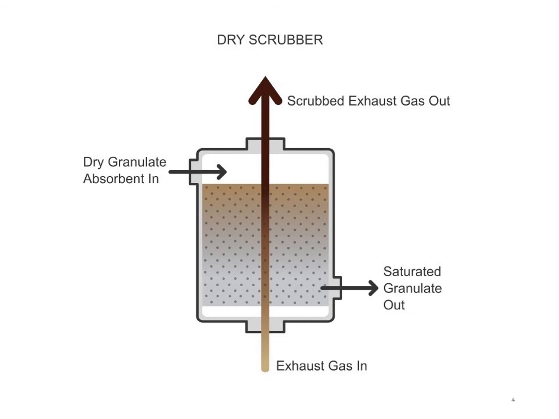So this absorbent material will be absorbing whatever contaminants like acids are present in the industrial exhaust gas, and it will be purifying that particular exhaust gas, and thus the purified exhaust gas will be venting out of the scrubber from the top portion, and the absorbent will contain all those contaminants, will be saturated, and will be taken outside.